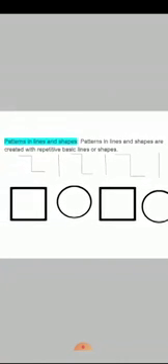Now to the next one. Patterns in lines and shapes. Patterns in lines and shapes are created with repetitive basic lines or shapes. Now let us see patterns in lines. The first one. See the first two pictures here. One horizontal line followed by a vertical line, again a horizontal line. This is one type of line. And the next one is a vertical line. In the next two examples, you can see the same order was followed: horizontal, vertical, horizontal line and a vertical line, and the same design following. So we can say these lines are arranged in a pattern.